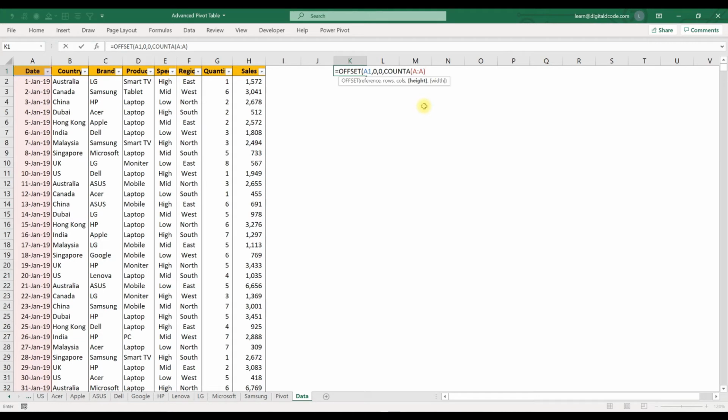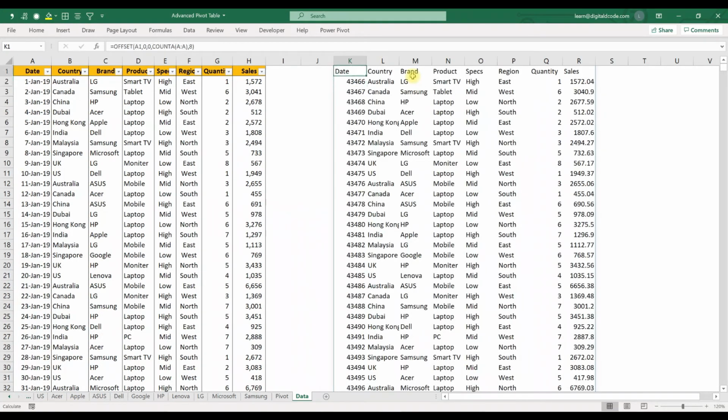COUNTA helps to pick the text or number or date in the range and gives the total count. And for width you can again use COUNTA, or you can directly give it, because I have 1 2 3 4 5 6 7 8 columns, so you can directly put 8. So COUNTA gives the total number of rows. This is the formula which I am going to apply.